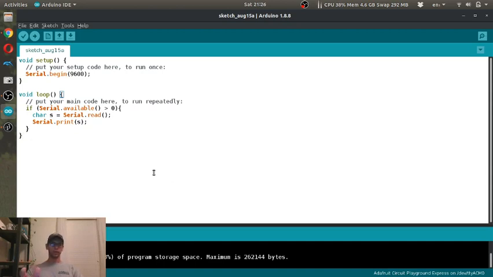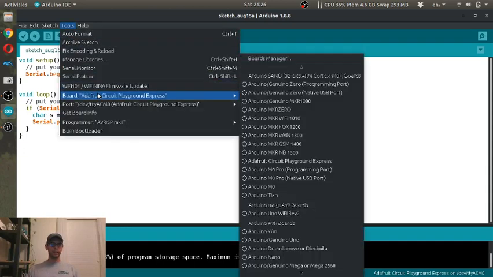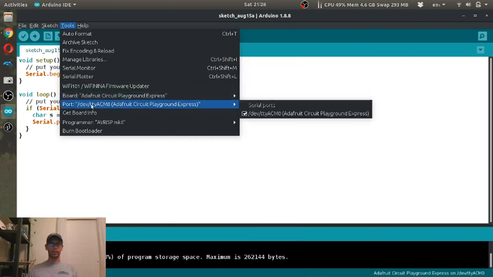All of my Arduino Unos and Megas and Duos are being used in other projects. So I'm actually using a Circuit Playground here, and these are designed for CircuitPython, but you can use the Arduino IDE for it. I had to download the Adafruit Circuit Playground Express board. You have to go to the board manager to install that, and then I'm using Linux, so /dev/ttyACM0. I have the Adafruit Circuit Playground